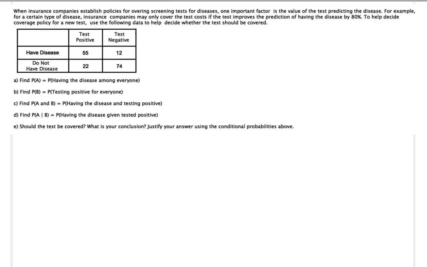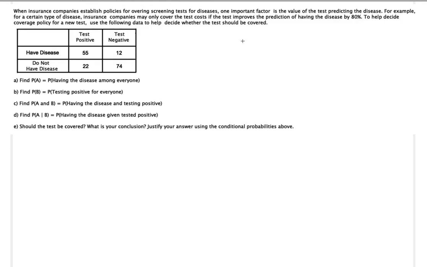When insurance companies establish policies for covering screening tests for diseases, one important factor is the value of the test in predicting the disease. For example, for a certain type of disease, insurance companies may only cover the test costs if the test improves the prediction of having the disease by 80%. To help decide coverage policy for a new test, use the following data to help decide whether the test should